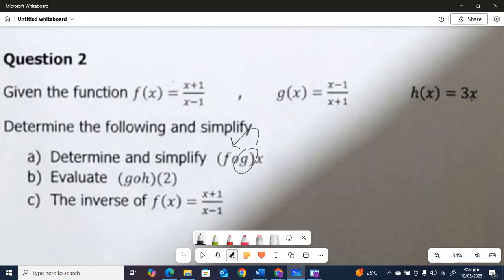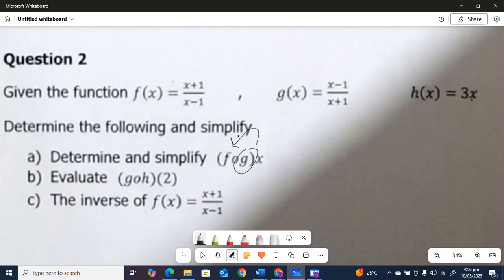So where you see an x in the f function, you substitute it with the g function. Let me repeat myself. The compound function here is f of g. So it means the g function, you're going to put it in the f function. So where you see an x in the f function, you substitute it with